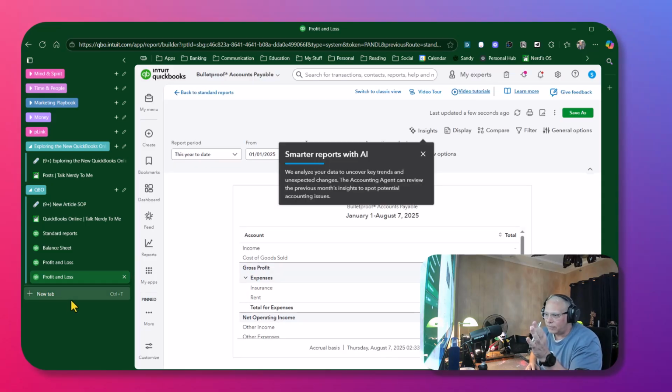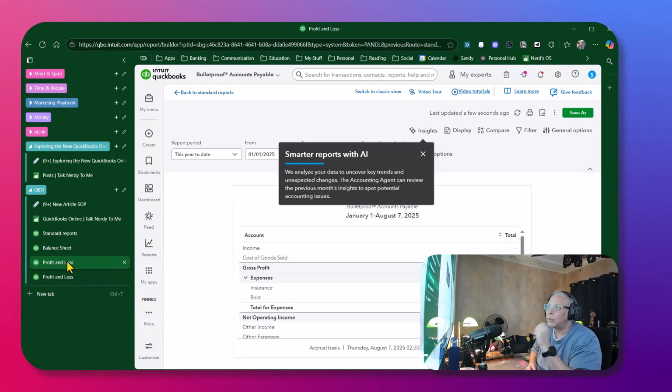One interesting bit of feedback somebody in my Talk Nerdy to Me community gave on this was she said some IT person had told her not to do that because it'll overwrite your data. I've never heard something so ridiculous. It's not going to overwrite anything. Now, if you're in a tab or in the middle of entering a transaction and you open up that and you duplicate that tab,